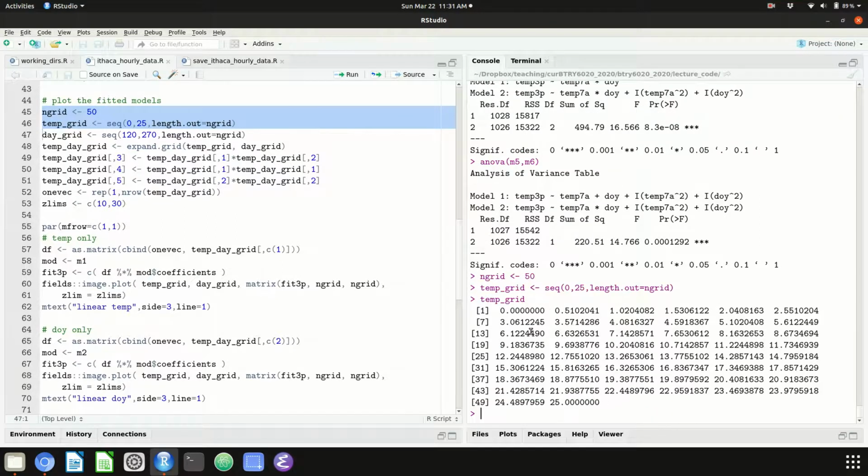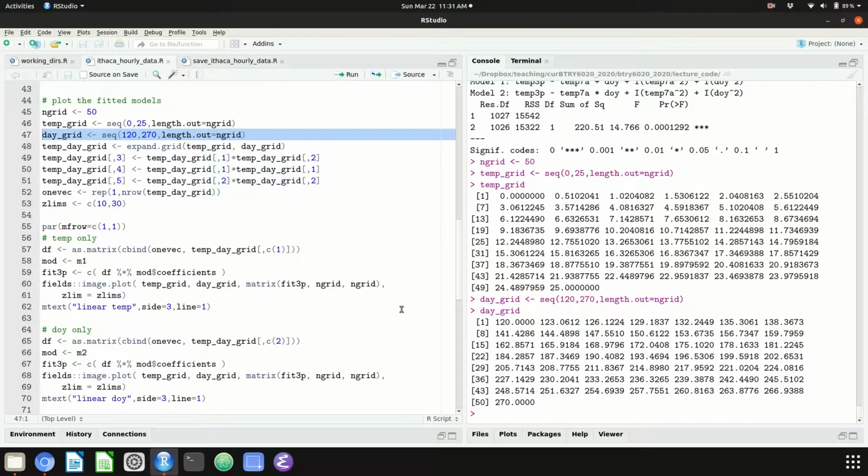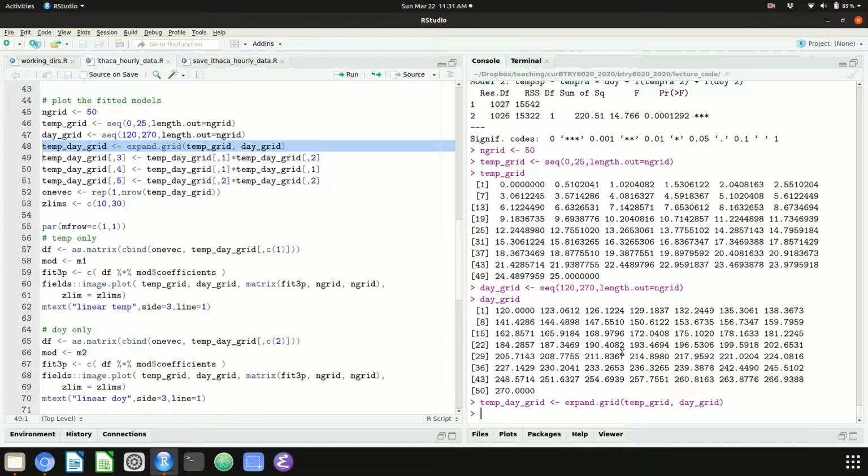So we're looking at a range of 7 a.m. temperatures. We're looking at a range of days between day 120 of the year and day 270 of the year. And then we're going to look at all possible combinations of these two variables. The way you calculate that in R, there's a function called expand.grid. So you just put in the two values,